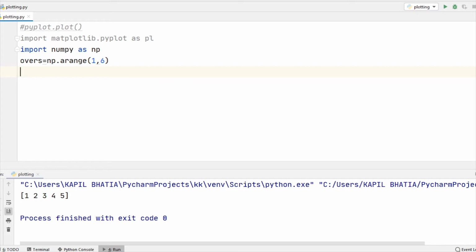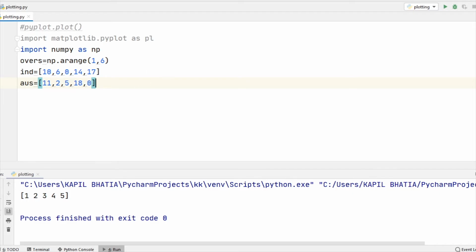Now suppose India team runs are, in the first over 10 runs, second over 6, third over 8, fourth over 14 and fifth over 7. And suppose Australia, first over 11, second over 2, third over 5, fourth over 18 and the fifth over 0.